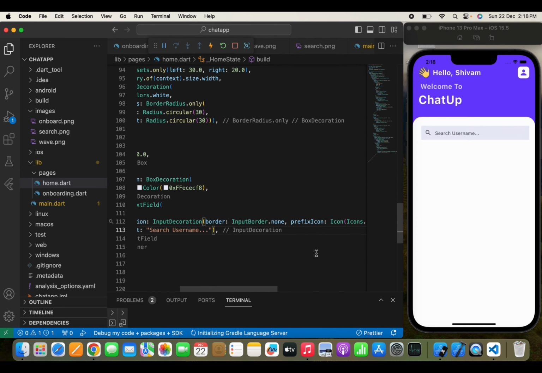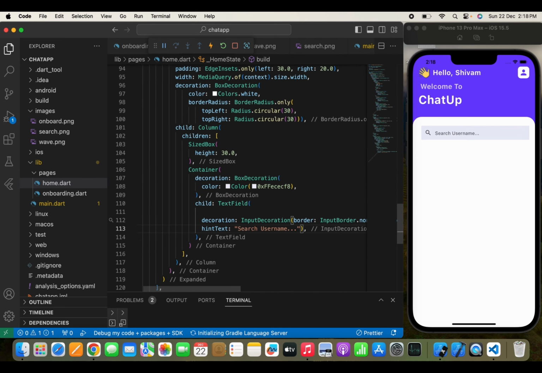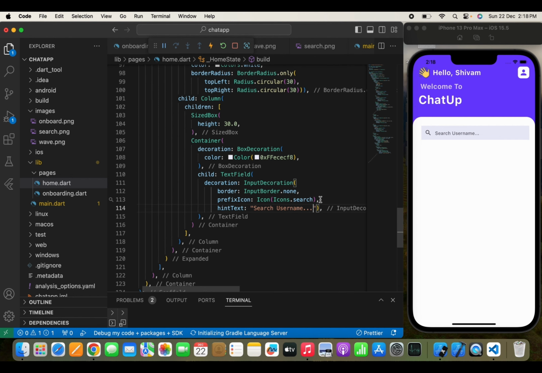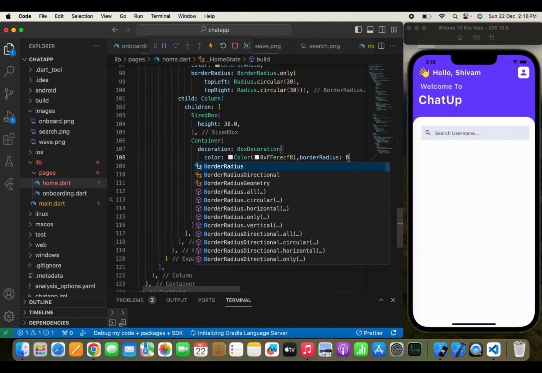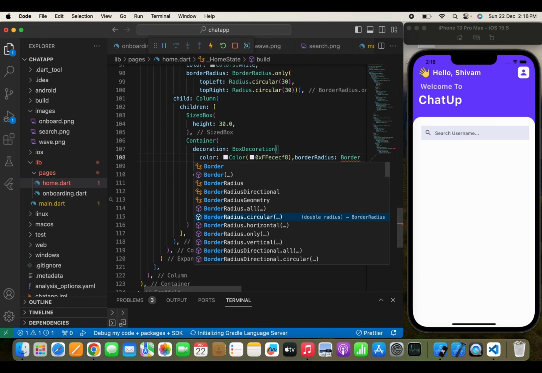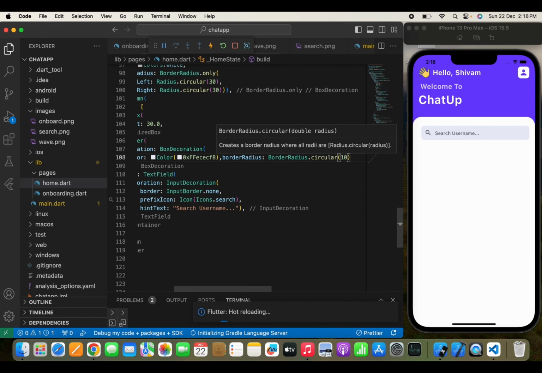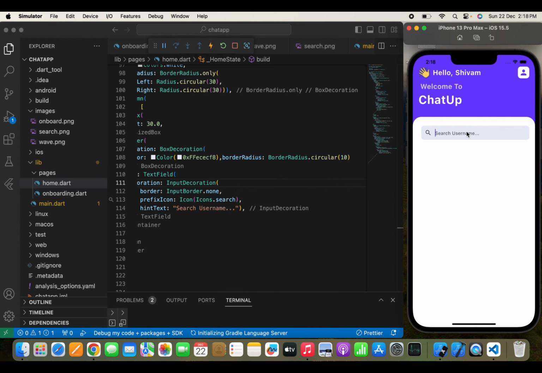Now I can provide a border radius to this text field. So I will move here and write a border radius. Now we'll write BorderRadius.circular, and pass a 10 over here. Now on the text field, I can search any username like Shivam123 or any specific username. Now once we have shown the text field, I can show all the chats